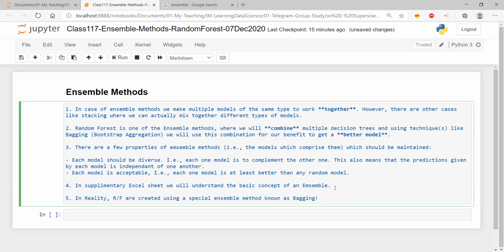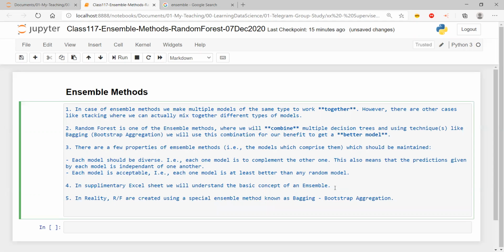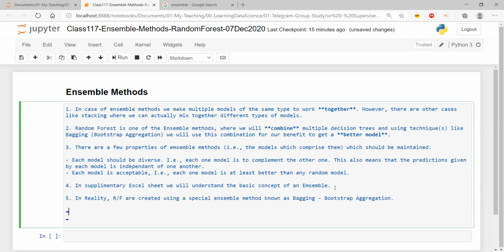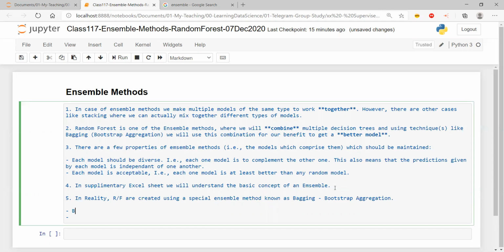Bagging stands for bootstrap aggregation. Now, what is bootstrap aggregation? Let's try to break these two words and we will come to know. The first word is bootstrap, and the second word is aggregation. Bootstrap in this context simply means